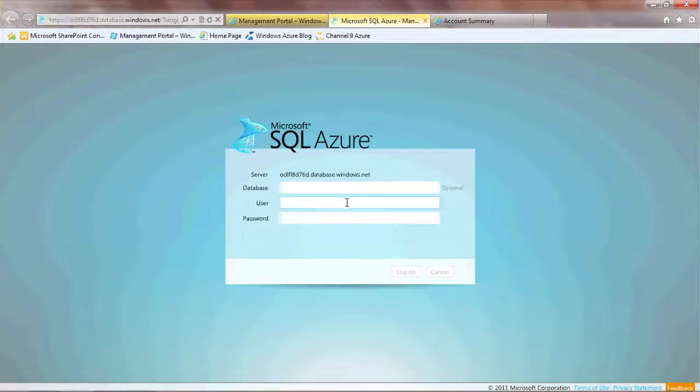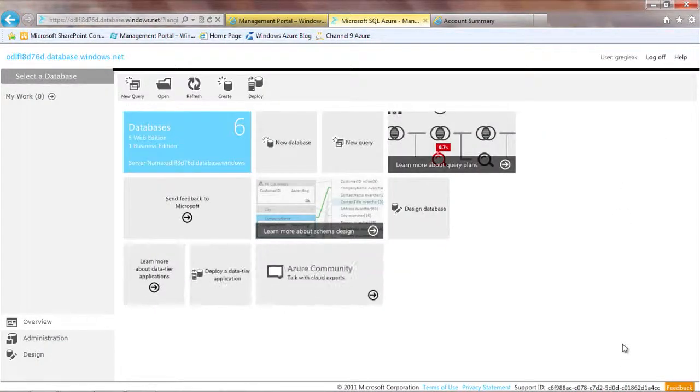And I'm going to show you the management portal that's entirely web-based. So you actually don't need any local software installation whatsoever to manage and do some very interesting things with your databases up in the cloud directly from a web browser. So I'll sign in here with my credentials to this server that I want to manage. And as I mentioned, I provisioned this one up in one of our North America data centers. And it's going to connect right up to that database server and show me the SQL Azure Management